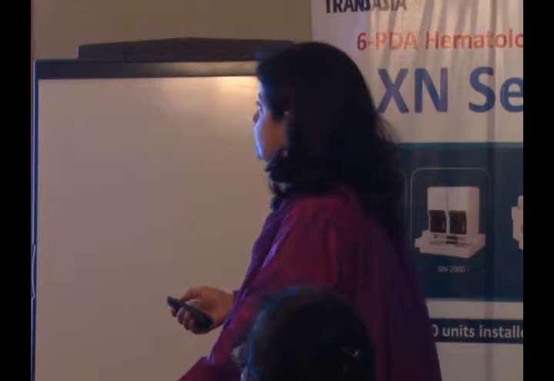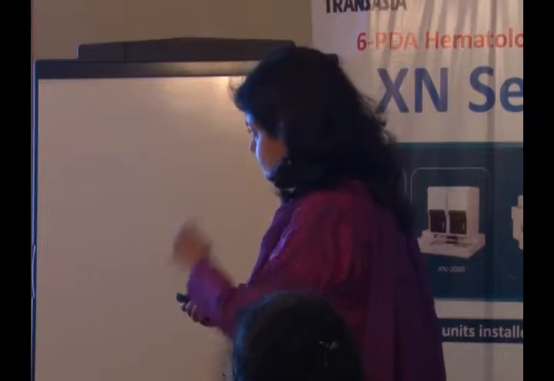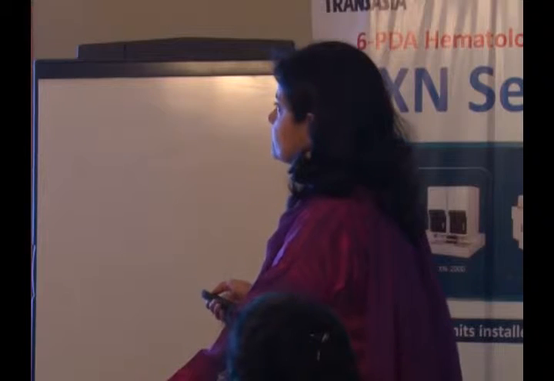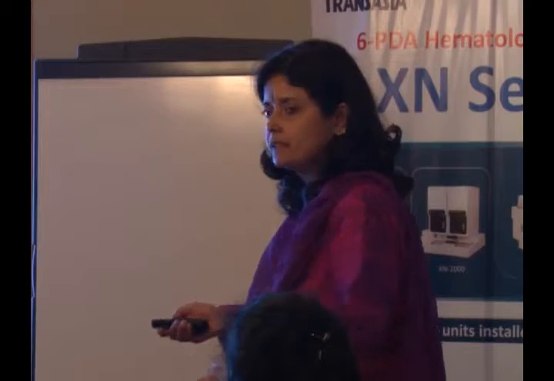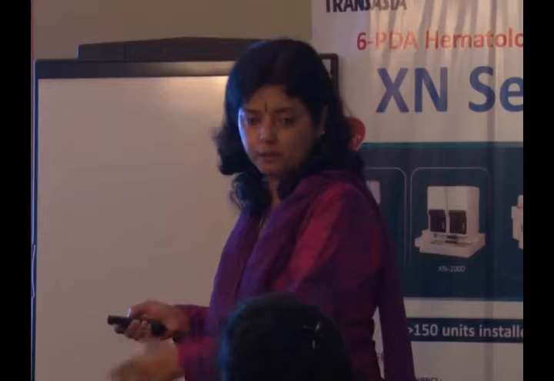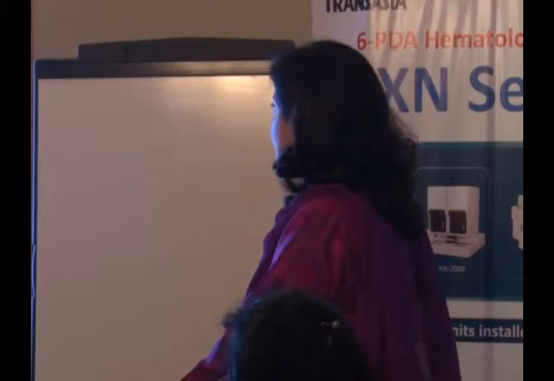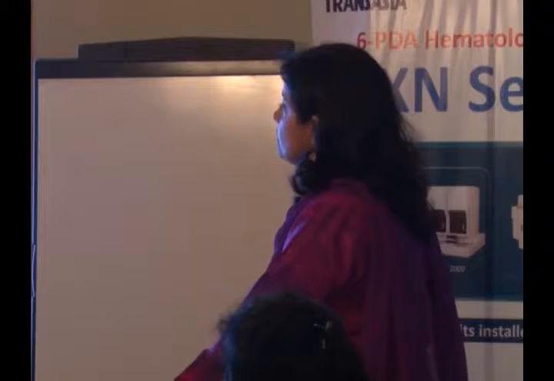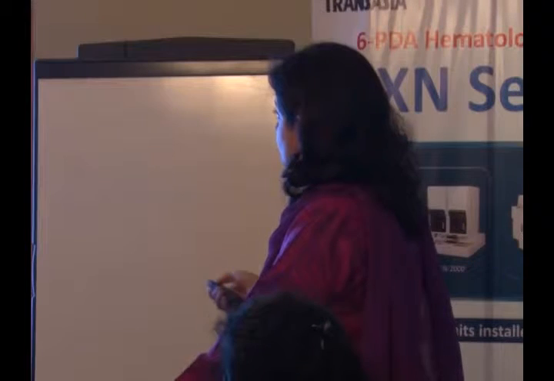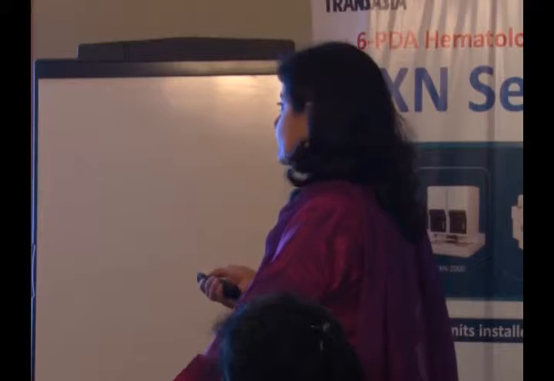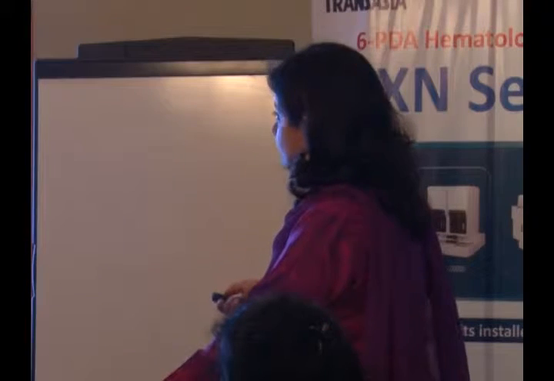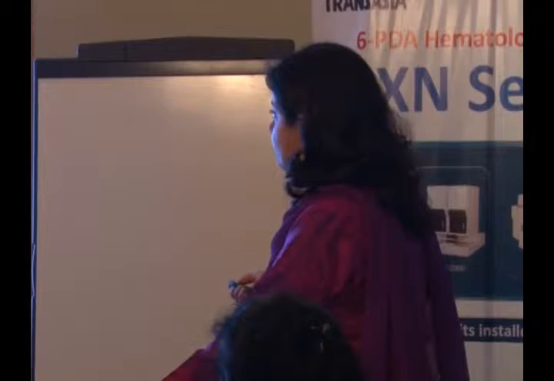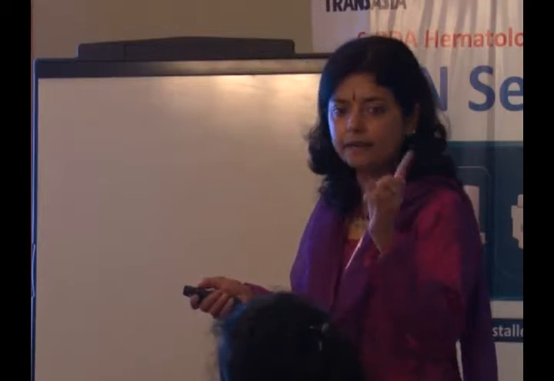So why do you use it? Because it gives you a diagnosis of functional iron deficiency. What exactly is functional iron deficiency? It is when there is enough iron, but it is not available for hemoglobin synthesis. It also gives you a diagnosis of latent iron deficiency, as in pregnancy, and is very important to monitor erythropoietin therapy. So it is important to distinguish between classical iron deficiency and functional iron deficiency. In functional iron deficiency, you can have normal ferritin levels, but that does not mean that the iron is available for hemoglobin synthesis.